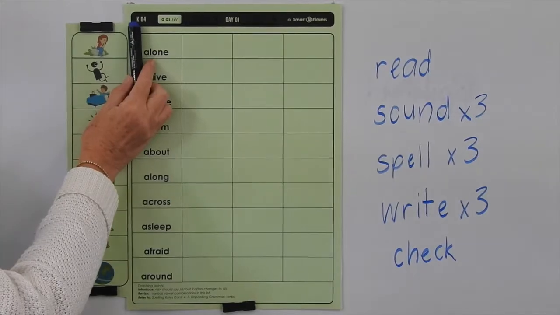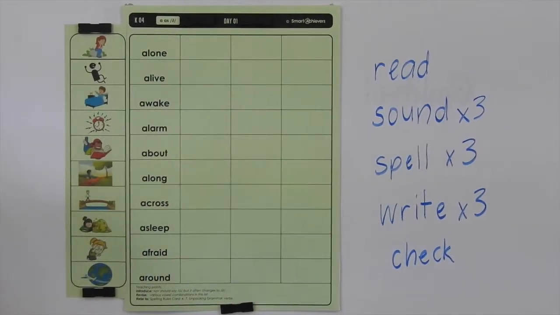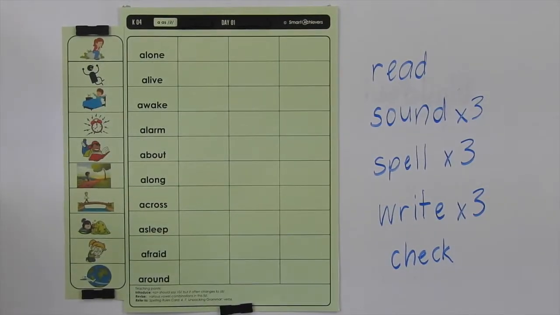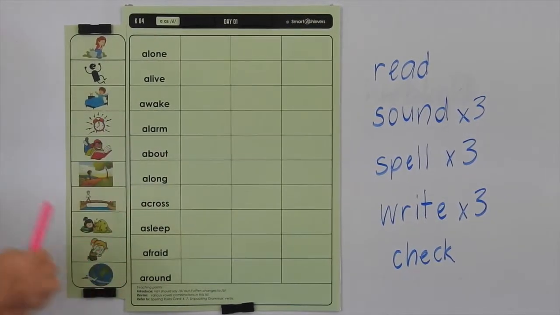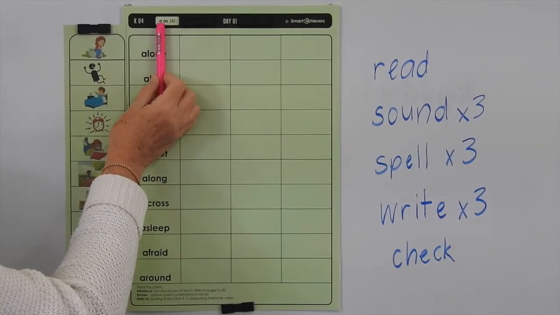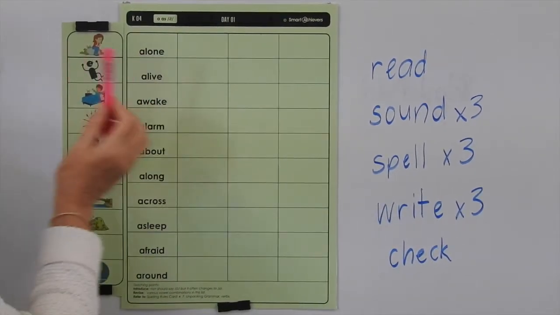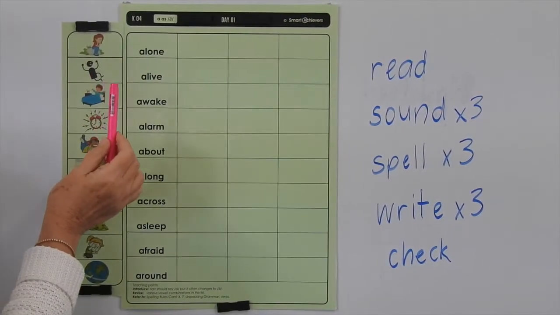This is level K, list 4, and we're doing the day 1 page. You need to choose a coloured highlighter, so we're ready to start marking the sounds in these words. So in these words, we're looking at the A making the schwa sound. So we tend to say, let's read them as we say them, and then we'll go and read them as